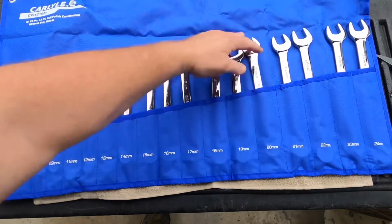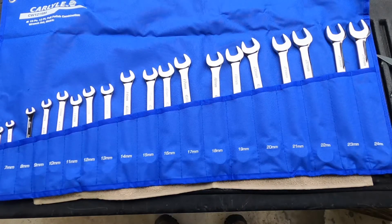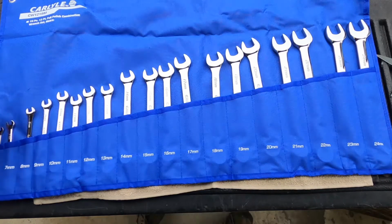So there again, this set goes from 6mm up to 24, and both of these sets, by the way, do not skip sizes. I don't see the point in having a full set of tools if you're missing tools. You know what I mean? So anyways,